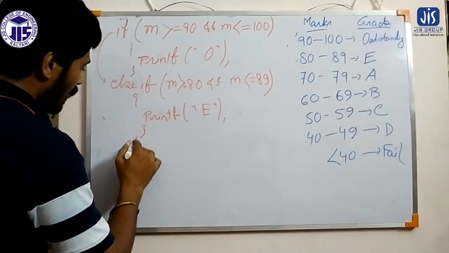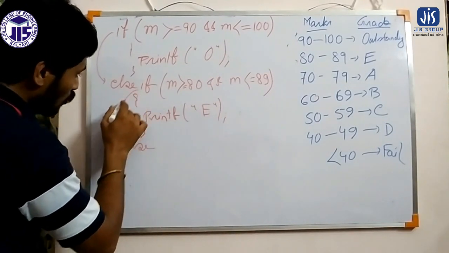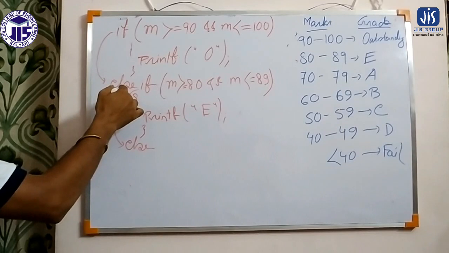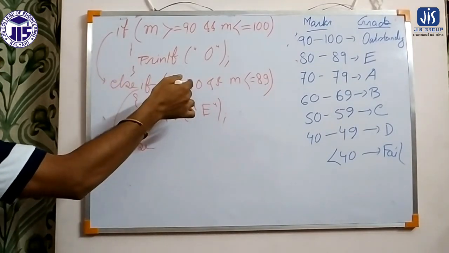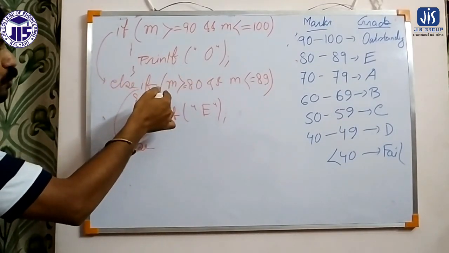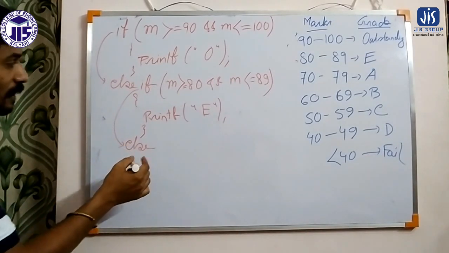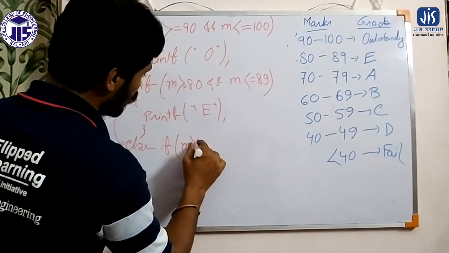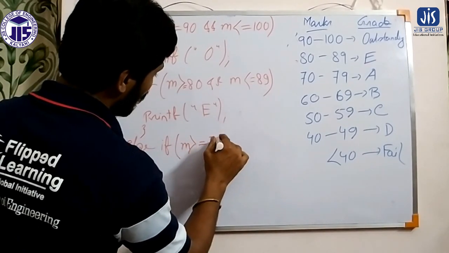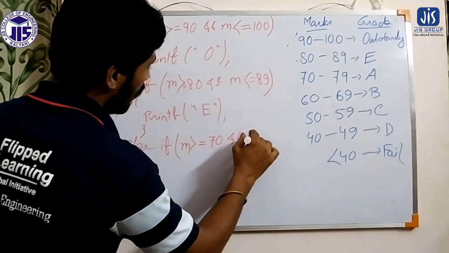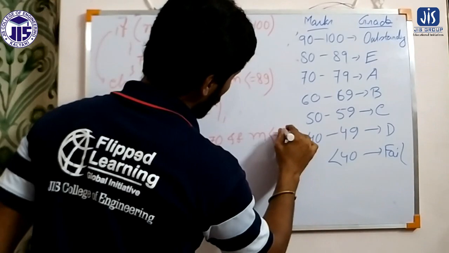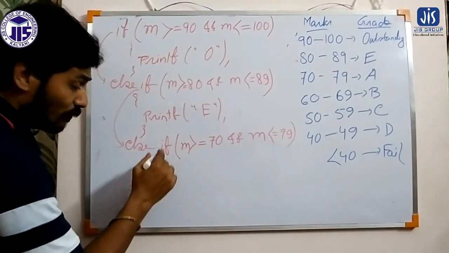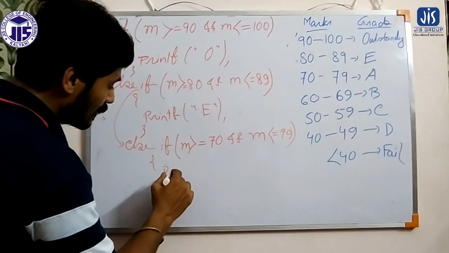So again it will be else. This else is related to this if. So if this condition is false, it will come to this else and check this if condition. If this condition is also false, then it will come to the else part. And here, by using if, we are applying the third condition, that marks is greater than or equal to 70 and marks is less than or equal to 79 or not. If it is true, then it will print A,